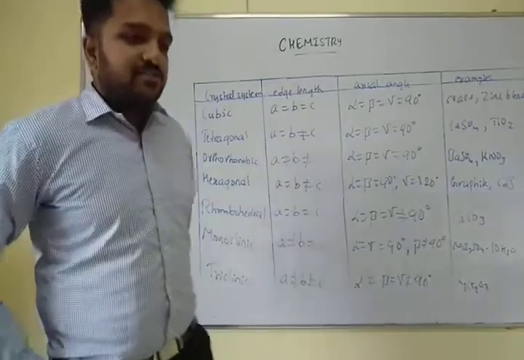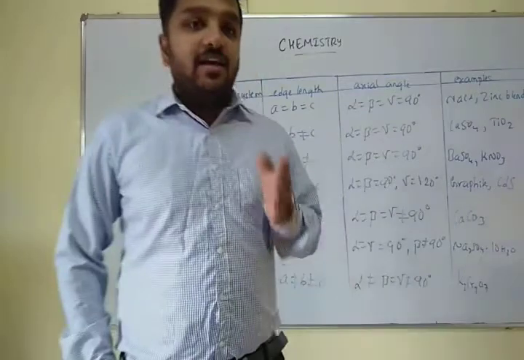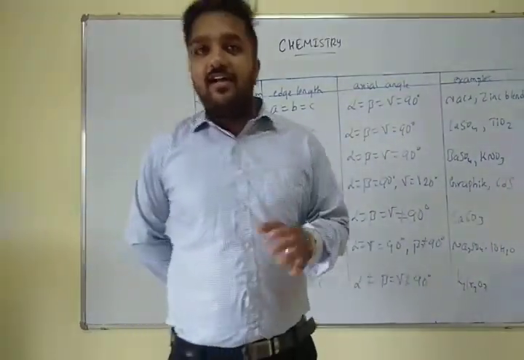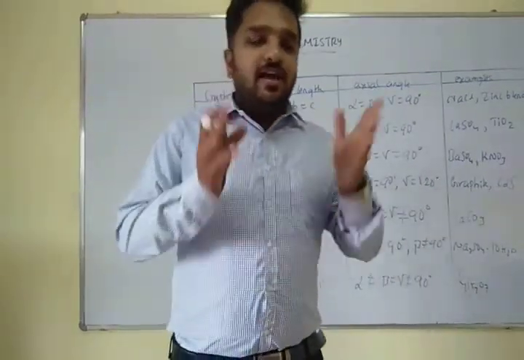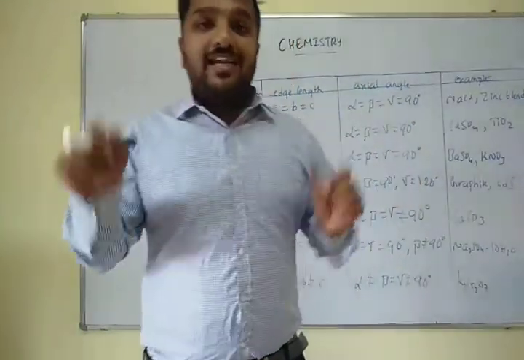Yes, welcome back students. In our previous video, we discussed the crystal lattice, unit cell and the lattice point. In that video, we clearly stated that unit cells are the smallest repeating portion of the crystal lattice, and if you drag those unit cells in all the directions, you will get the entire crystal lattice.